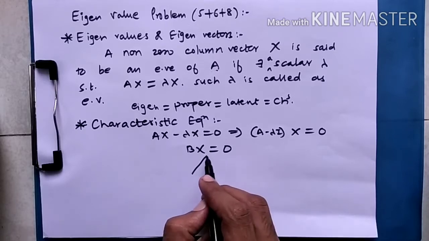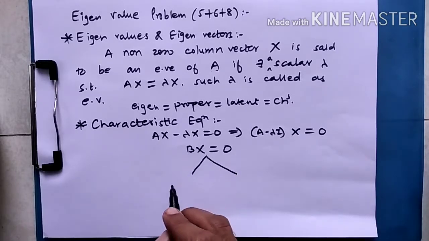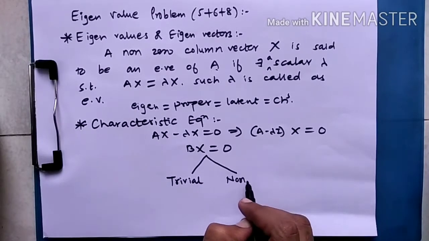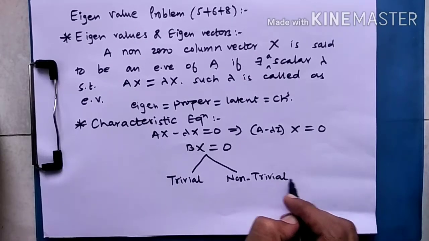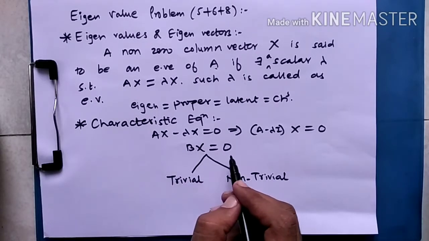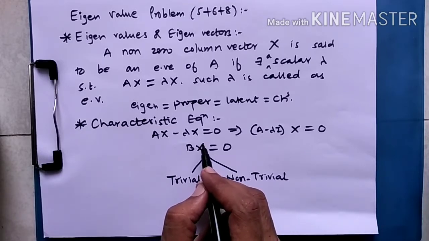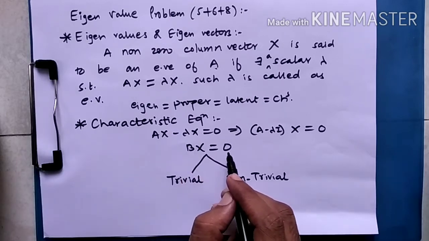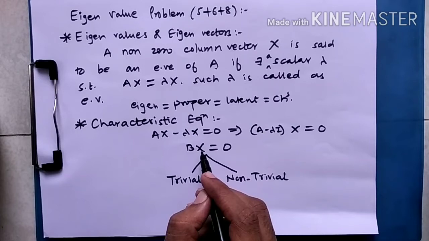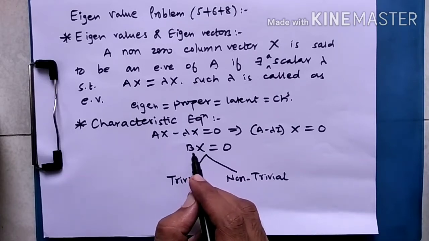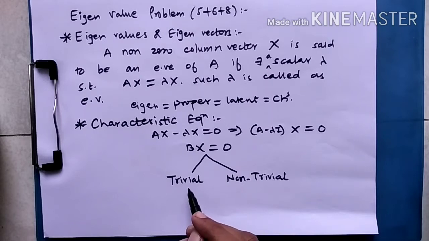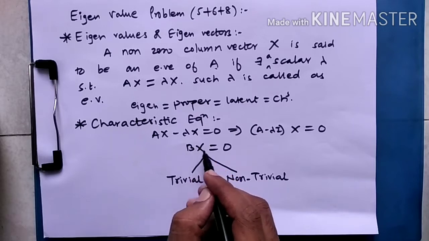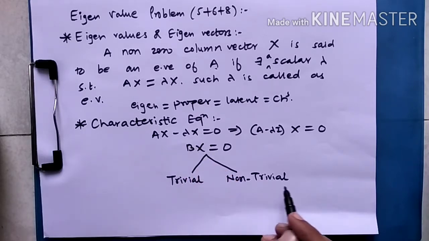And we know that such system have two types of solution. One is called as a zero solution or trivial solution. Other is called as non-zero or non-trivial solution. Bx equal to 0. So what will be the solution? We are seeking such value of x which will get multiplied by matrix B will gives you the answer 0. So of course very obvious value is x equal to 0 because anything into 0 is 0. So that is called as zero solution. And if x is non-zero and this is the matrix B, still their product is 0. So that will be a non-trivial solution.